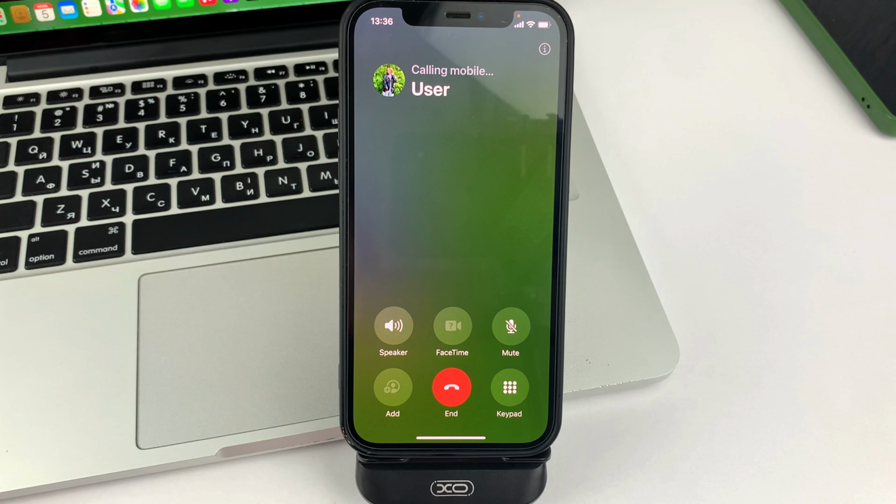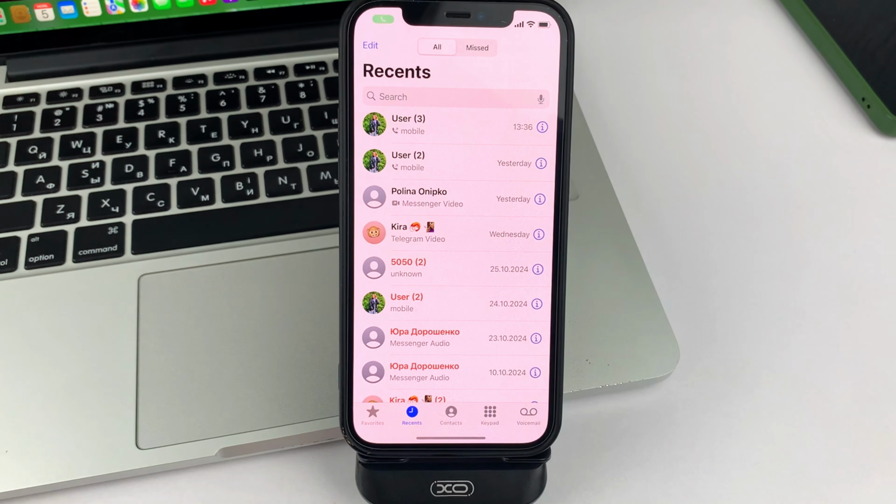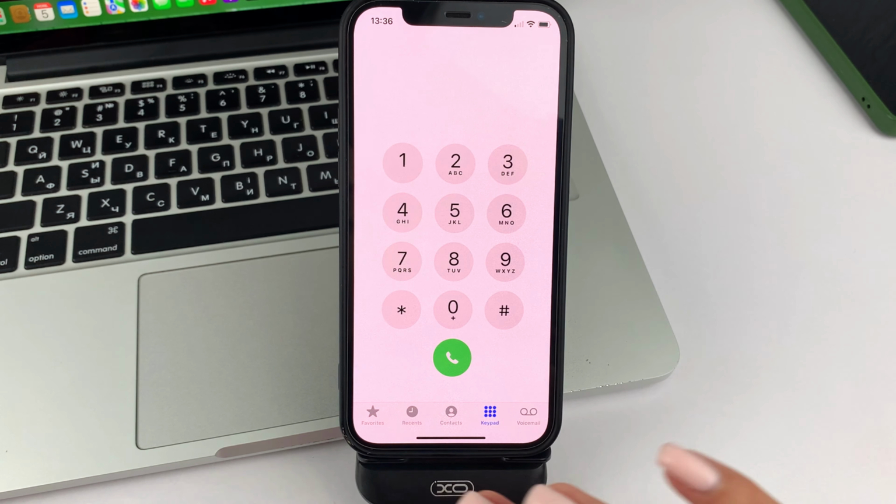And you will be notified that call recording is enabled, and your interlocutor will also be notified. And also you can turn off the call recording at any time, because it will be on your call. And you can stop it like a voice recorder. After the call recording is completed and stopped, you will also get a notification that the call recording has been stopped.